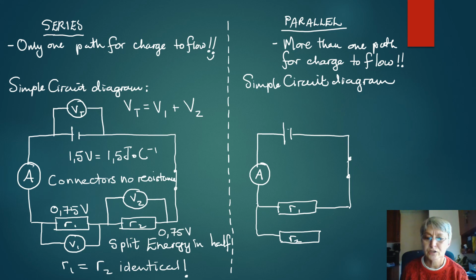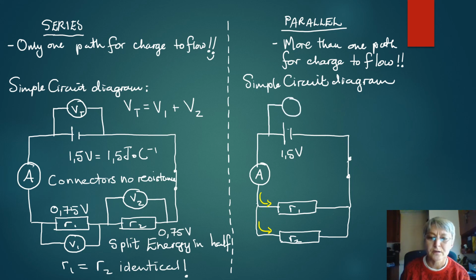Now the strangest thing happens here. Because the total current divides and can flow simultaneously through the two resistors, the 1.5 joules per coulomb energy that is supplied to the circuit, we call that